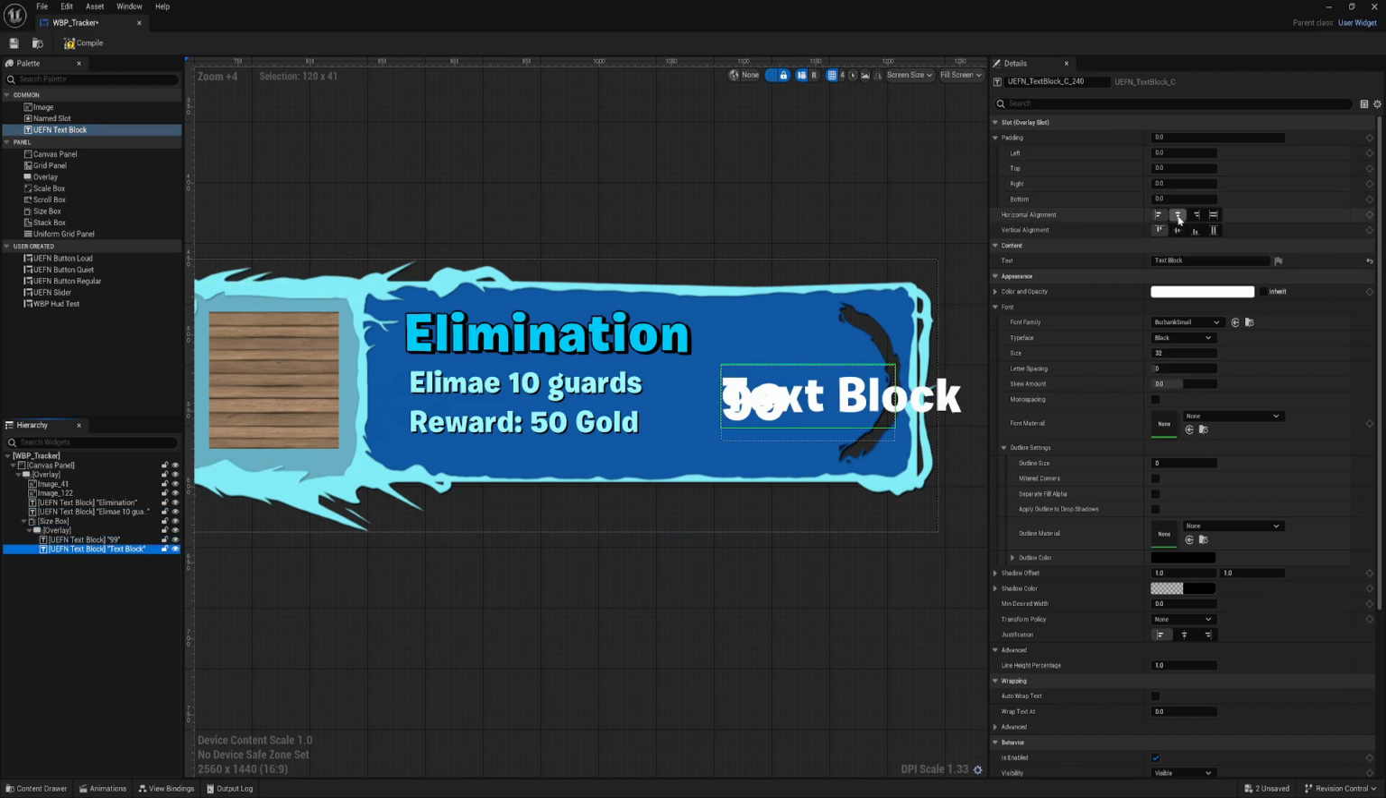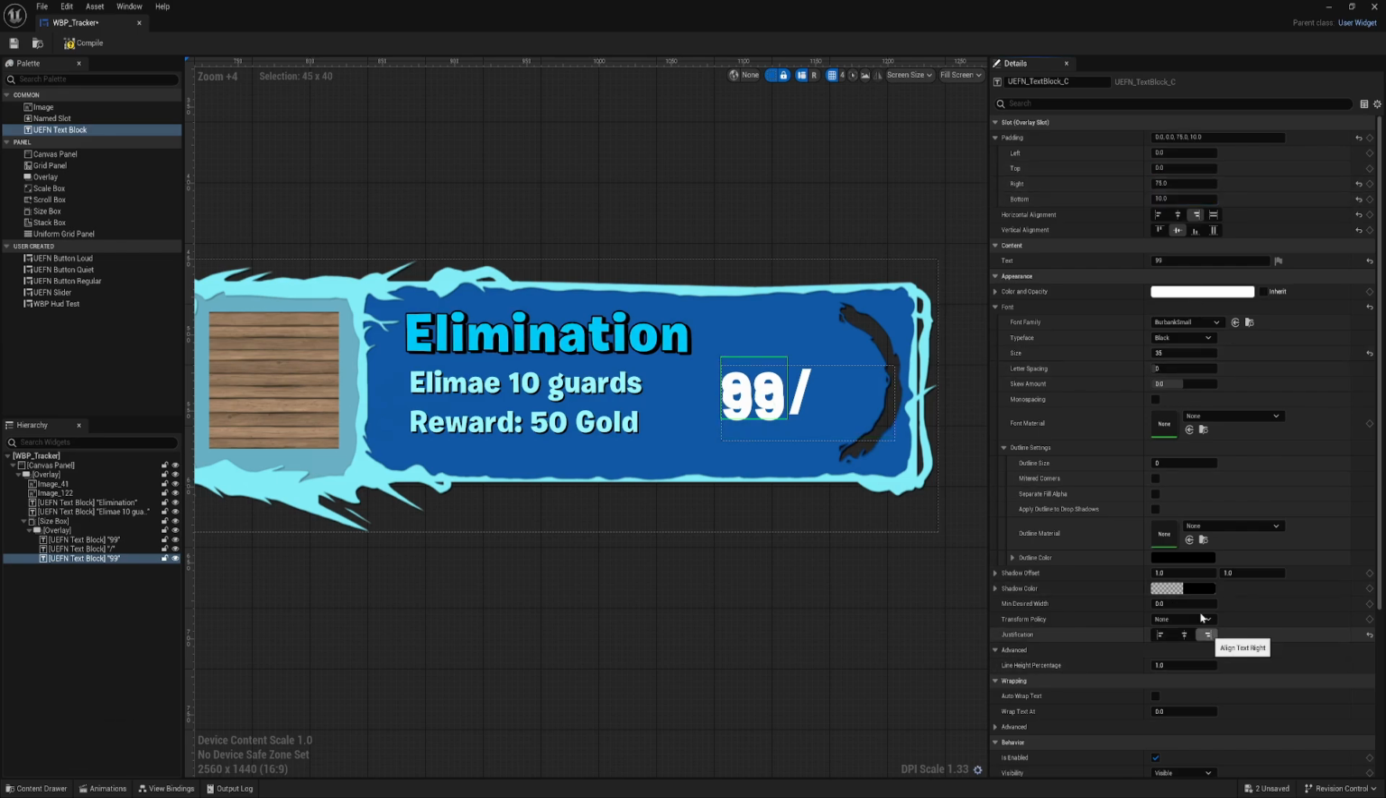So this one, it will be center, center. And in here center. Like that. And want it right on here. Okay, now this one, it's actually